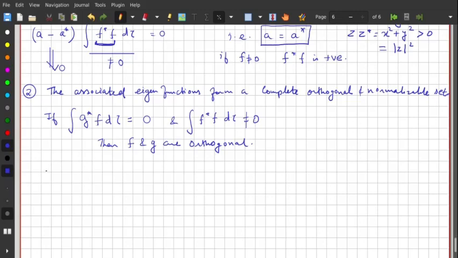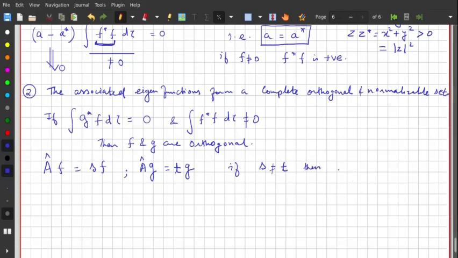So let's say you have A acting on the function f, it should provide s times f. It's an eigenvalue problem, correct? So f is one of the eigenfunctions, and let's say we have another eigenfunction, let's call that g, and A acting on it provides another eigenvalue t times the eigenfunction g. And if s is not the same as t, that means these two are different eigenvalues, then